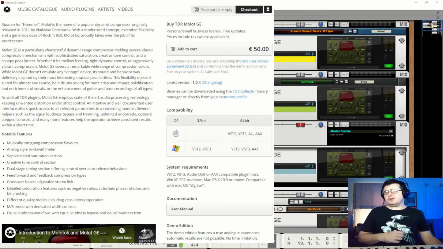Decide which way you want to go. I think by the time you commit to wanting to learn an instrument like this, because I'm thinking that the Molot is almost more like an instrument than just a simple on-off, there you go, it's the right tool. You've got to play it. So it's a thing that you're going to want to take some time to learn.